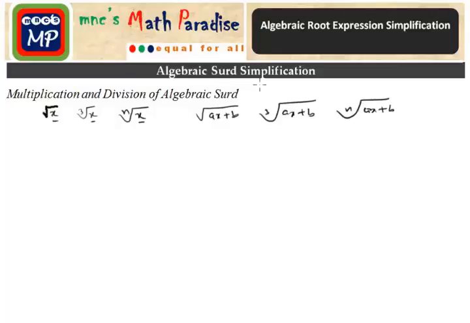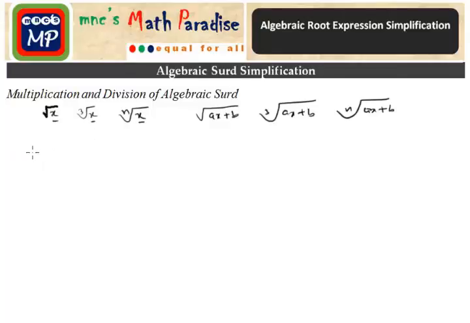So if an algebraic expression has these kinds of roots in it, then that algebraic expression is an algebraic surd. So now in this section we will learn how to simplify algebraic surds. The first thing to simplify is we will use like terms to collect like terms.